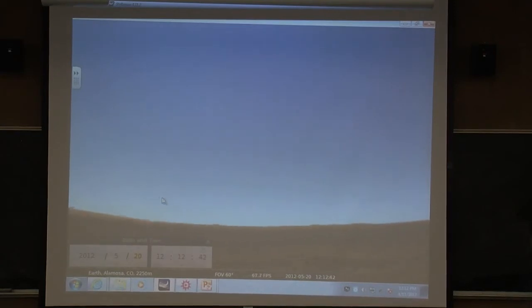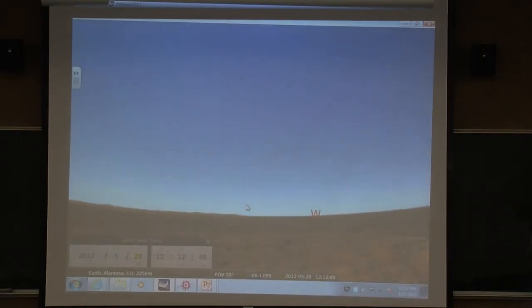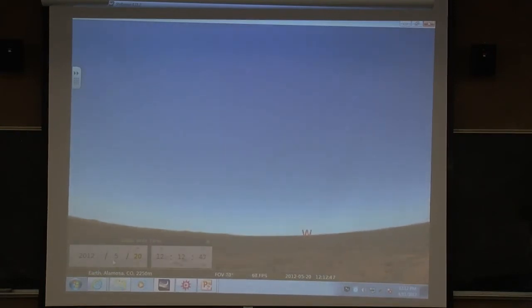And now we can just drag and kind of move around a little bit. There we go, looking toward the west. And now let's skip ahead a couple hours, and we see the sun heading down. Can you guys see the moon? Yep. So what I'm going to do is get close. Yeah, something like that.